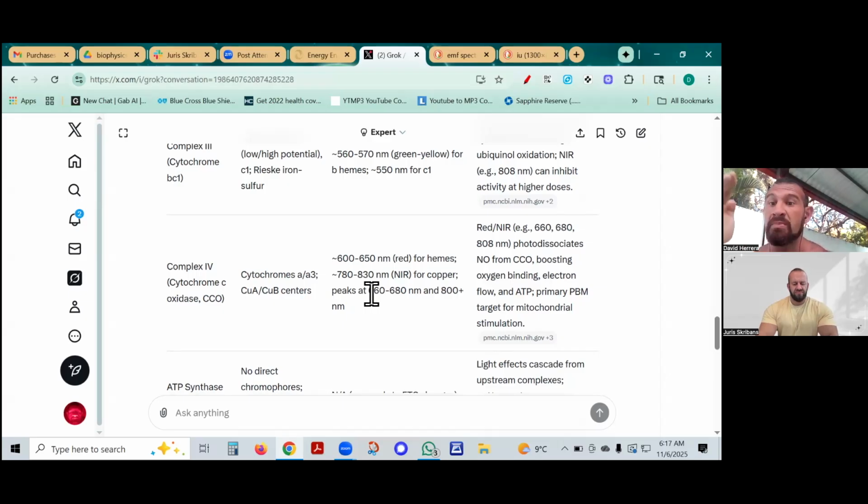That's just above 700, 750, and then going all the way up into the 800s and up. Those photons interact with complex 4. They're going to amplify water production. They're going to amplify ATP production. Because they amplify water production, it makes it so that higher ranges of infrared light, now we're talking into the 1000s, 2000s, 3000, those infrared versions are heat, right? That's actual heat that you can feel.